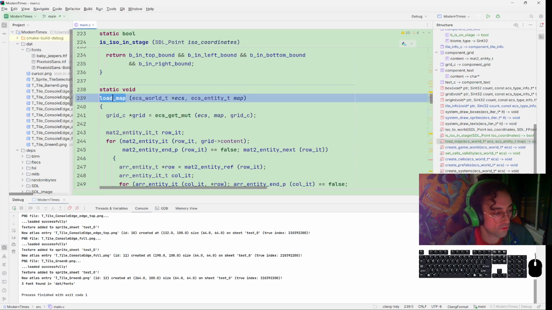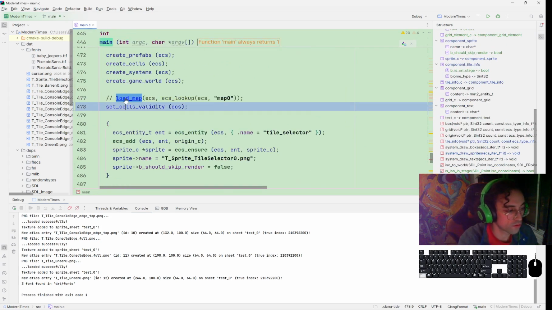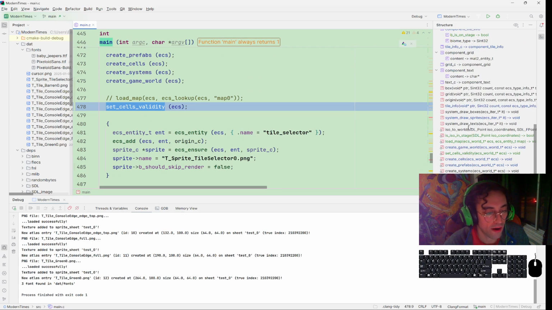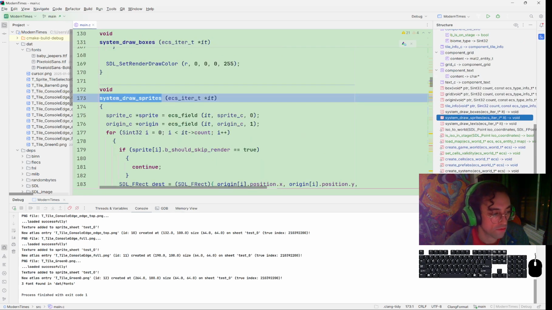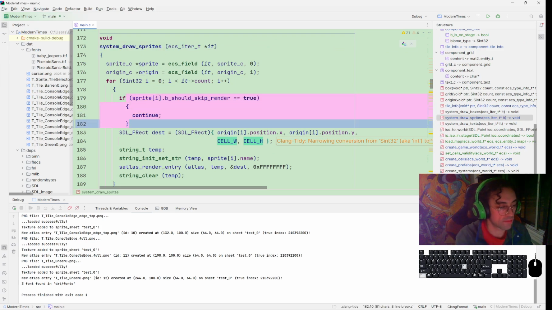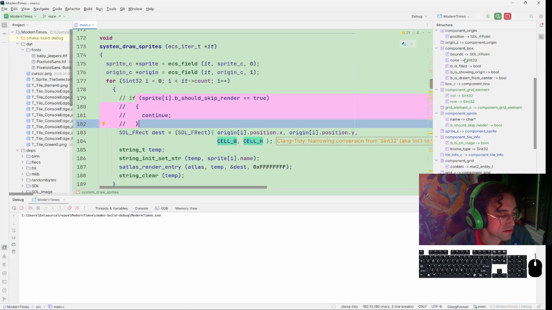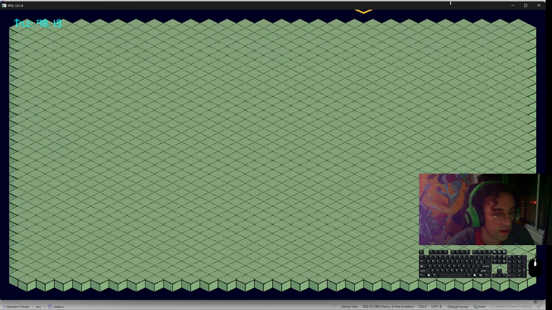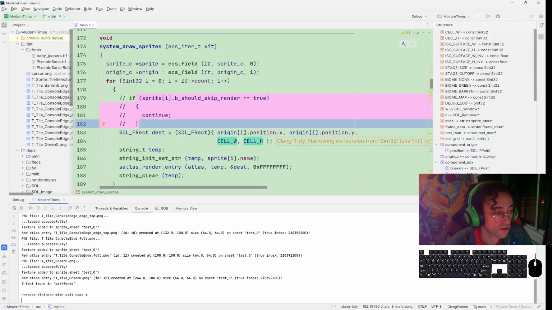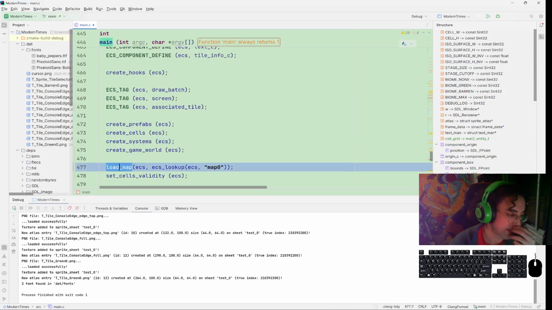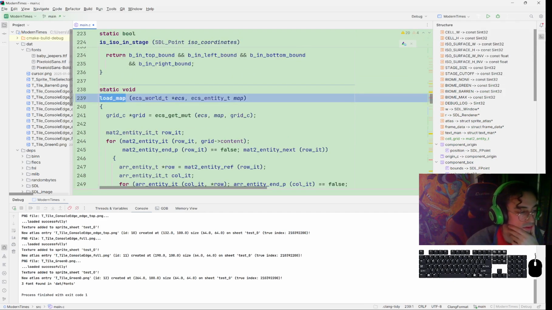Just for investigation's sake, I'm gonna disable load map for now. And I want to go in the sprite system for rendering, and I'm just going to disable the skipping as well. The reason for that is I just wanted to see that the first function didn't affect it for some weird reason, without having to think. That's what I wanted. So it's this function that must be changing the